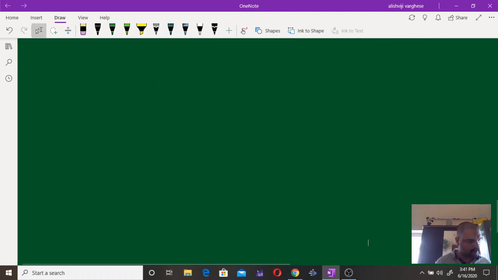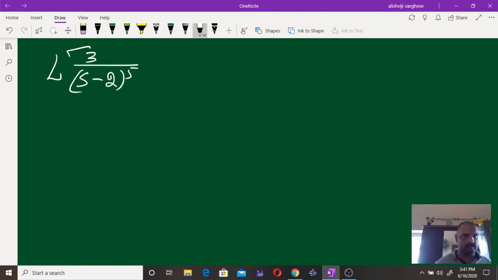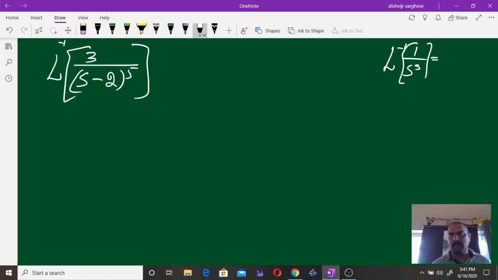And now we can have another problem. Find the inverse Laplace transform of 3 by s minus 2 the whole raised to 5. So here our process is like this. We know that the inverse Laplace transform of 1 by s raised to 5 is known. It is equal to t raised to 4 divided by 4 factorial. Okay. Now we have the shifting theorem by which